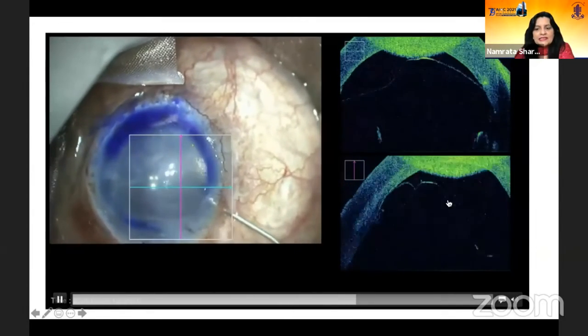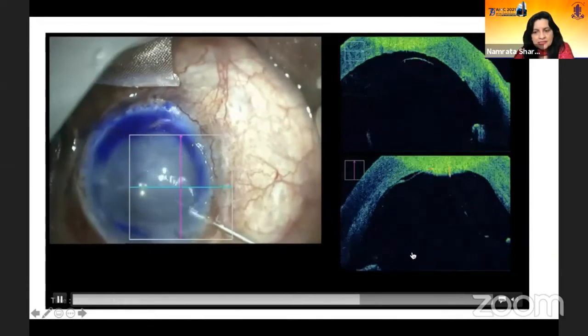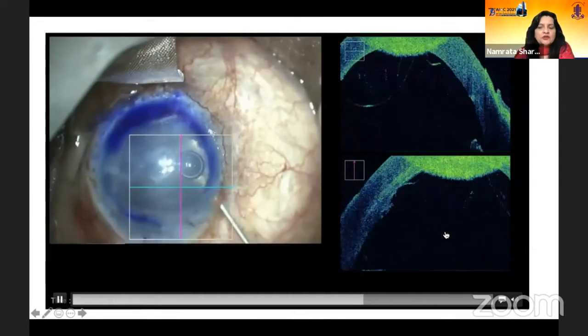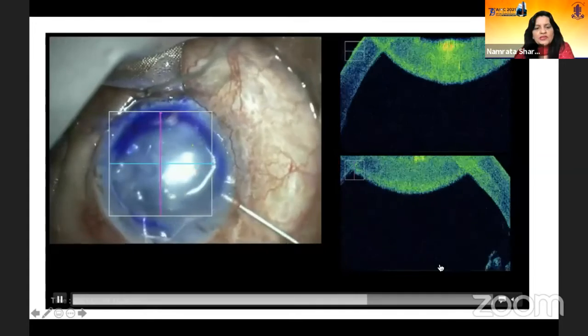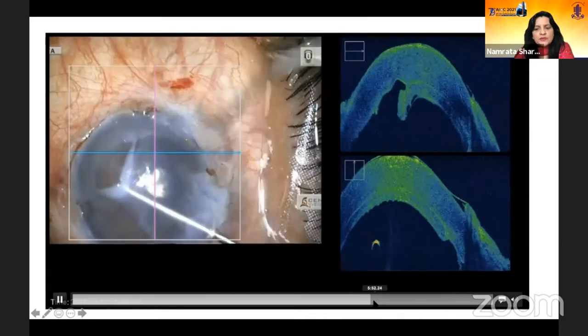And once it is like this, you see it on the intraoperative microscope, you know that you are on the correct side. This is the endothelial side. And look at the way, like an umbrella, it just unfurls and gets stuck to the back of the cornea. And post-operatively, by 3 months, these cases actually become clear.